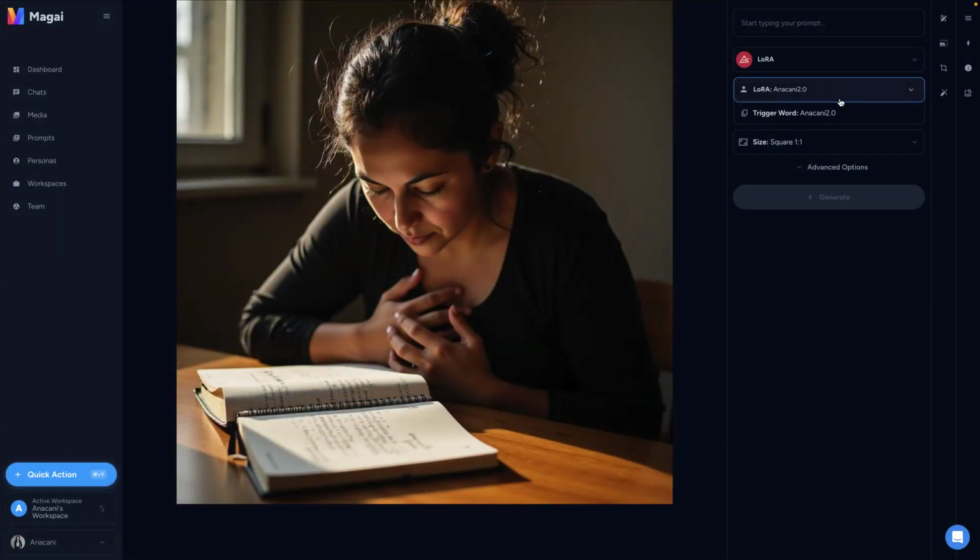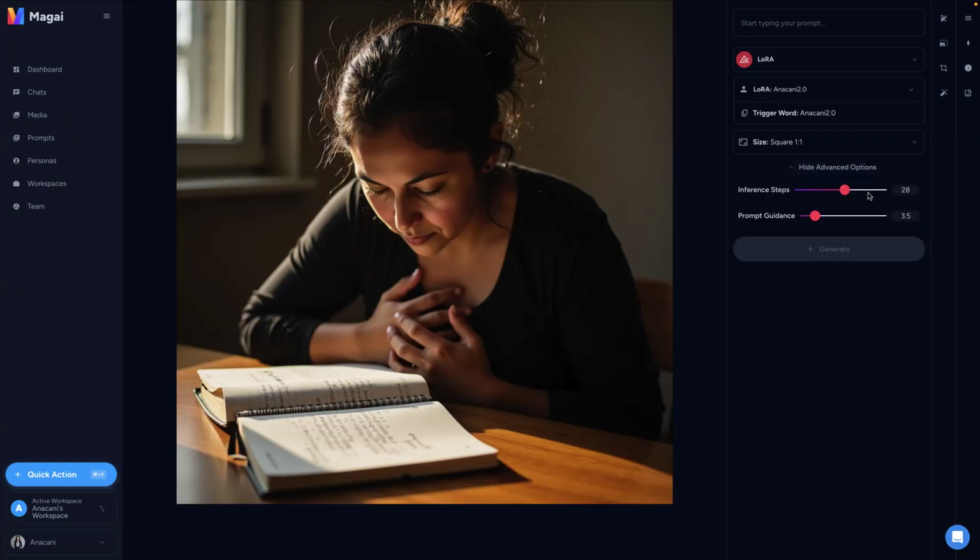So for this, I can create anything, and I want to make sure I'm on my 2.0. You can create a square image, a 1-to-1, which is usually for Instagram, or a 3-to-4. A 9-by-16 is more if you want something for a story or a reel. Landscape would be 4:3, a little more like a real photo. And landscape 16:9 is more like a YouTube thumbnail. For this, I'm just going to do the 1-to-1.